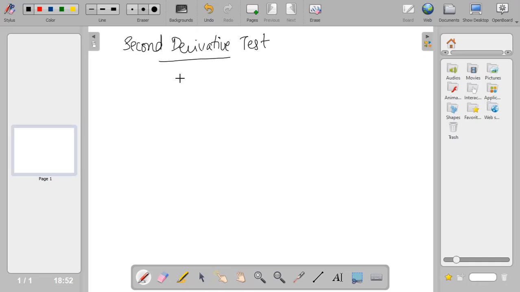Now in the second derivative test we will use the second derivative of the function to identify whether a function has a relative maximum, minimum, or neither of it at a given critical point. So this test is also based on a geometrical observation. So if you have a curve like this,